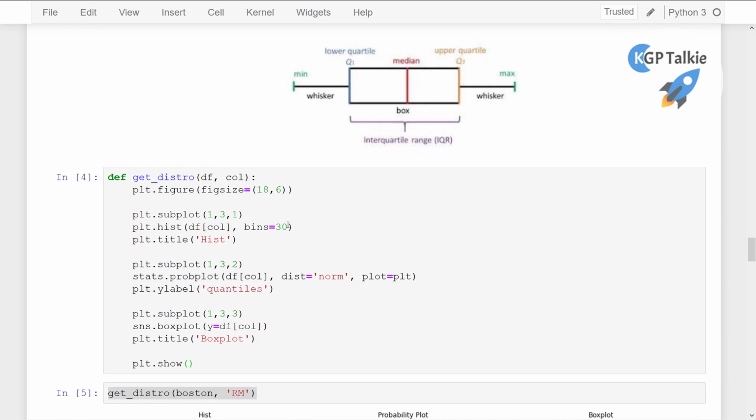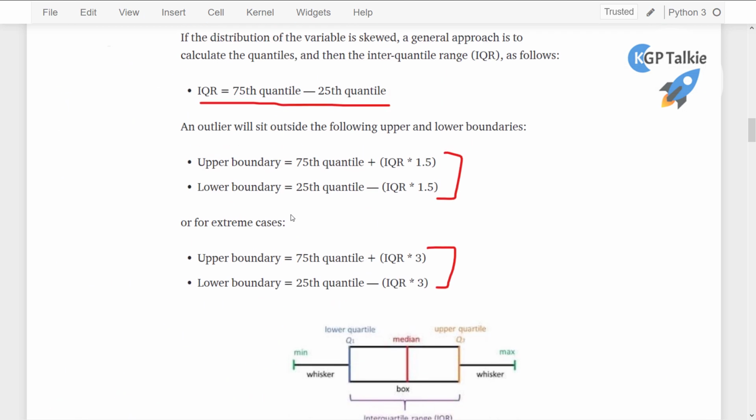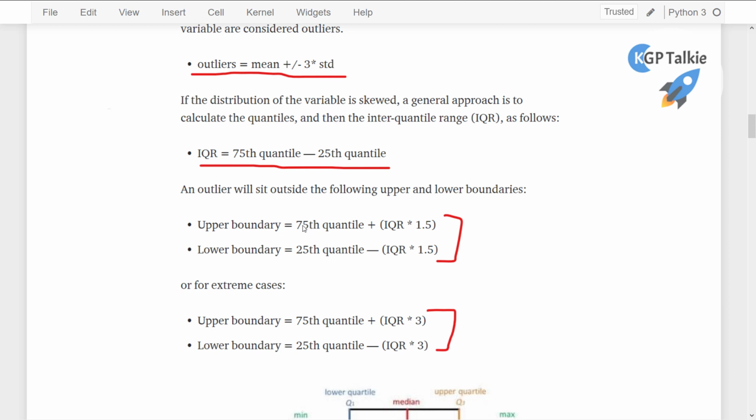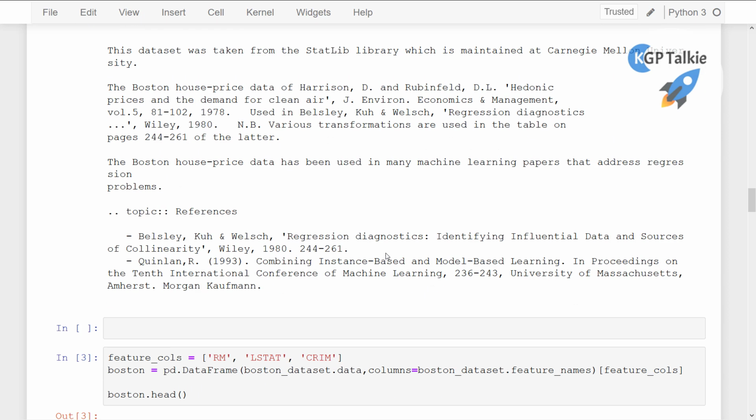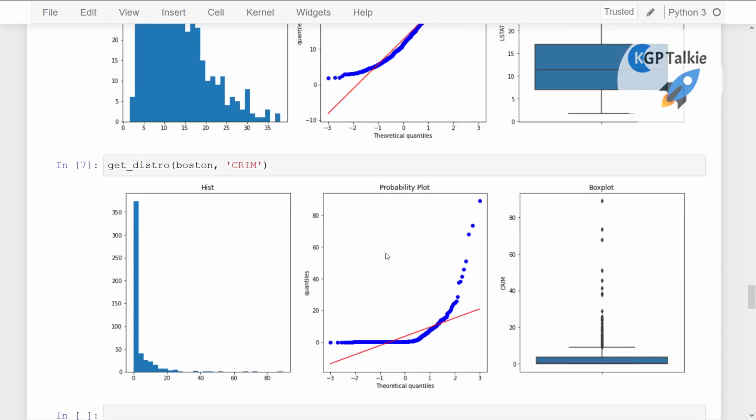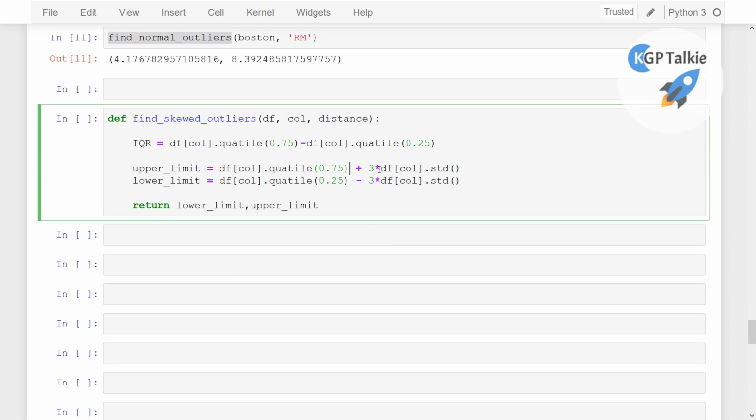All right, let me show you once again the formula which I want to show you. The formula is like this. So the 75 plus and 25 minus. All right, so there we have 75 plus 1.5 times, that's the distance actually. So it's like this. I think we can just delete this one. We can put there IQR, and